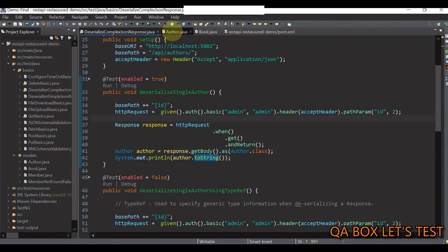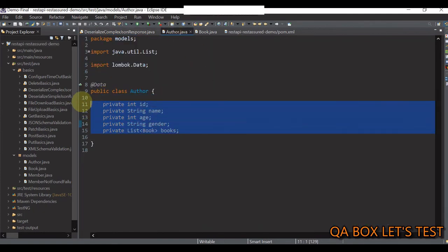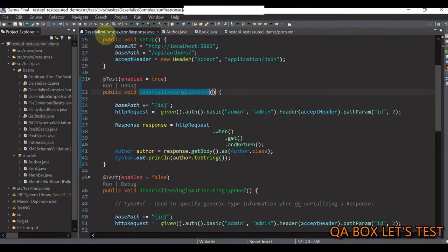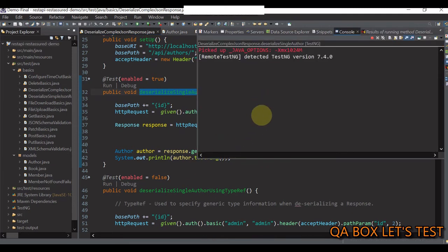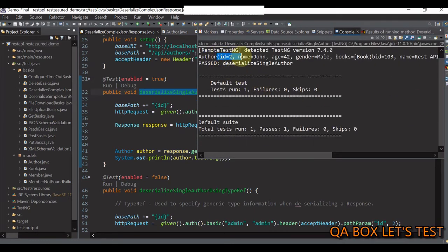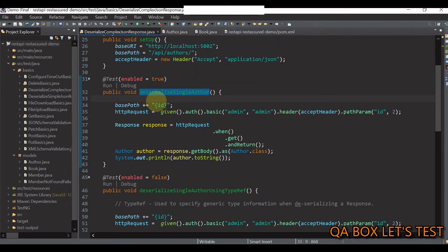Okay, so guys, because of this Lombok, you could clearly see that you just have to provide the properties, right? So this class looks so clean now. Okay, and you can still have all the features like getters, setters, constructors, no argument constructors. All right, so let me save everything, okay, and execute this. There you go. Okay, so we are able to deserialize even the complex response. Okay, great.